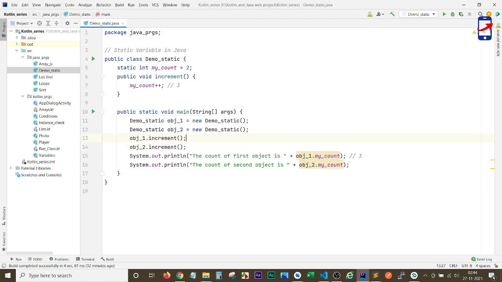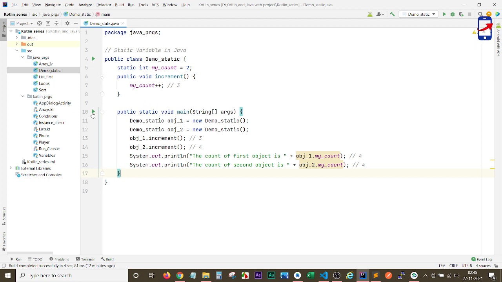So here the value is 3, and now here the value becomes 4. So here we will be getting 4, and in the same way, since that variable is shared among the objects, it will also become 4. So let's run the program.